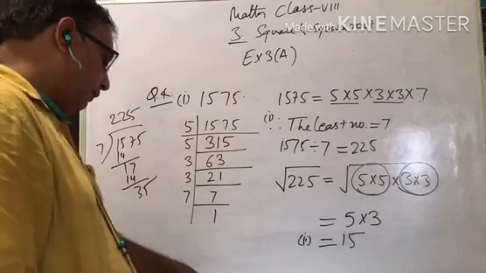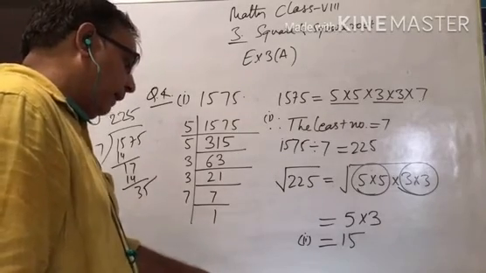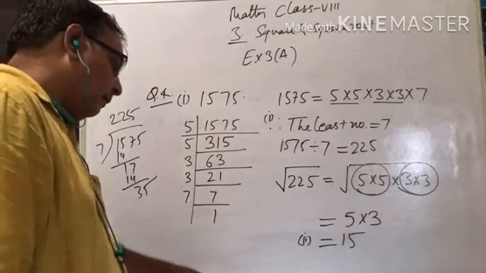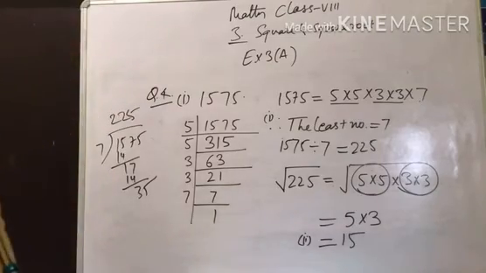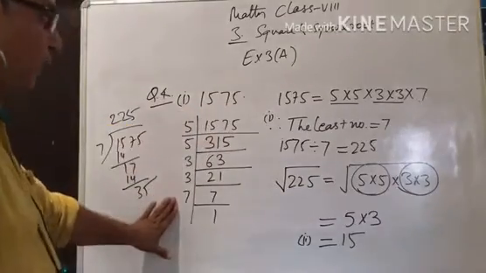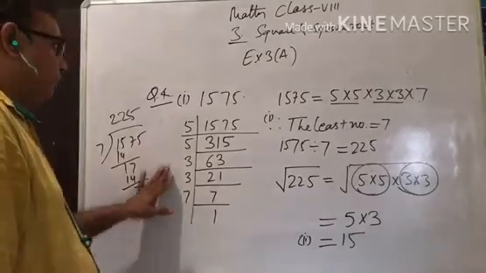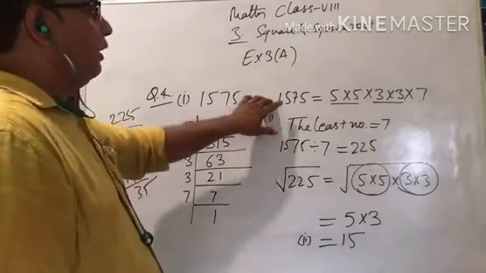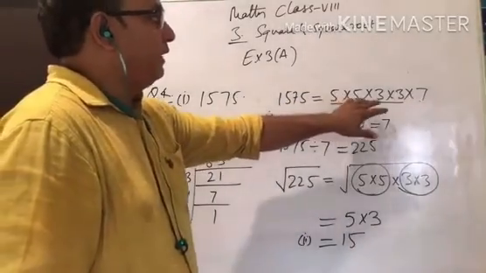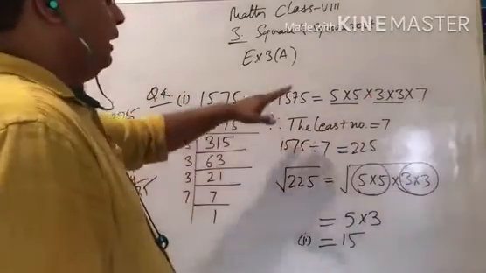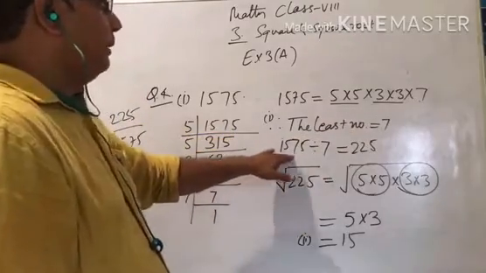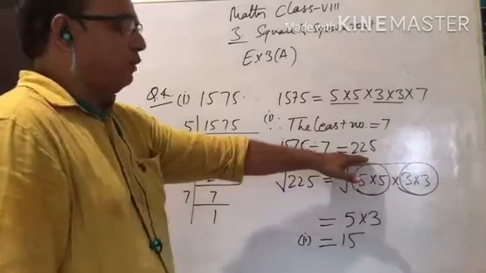Now I repeat the question. By what least number should the given number be divided to get a perfect square number? In each case, find the number whose square is the new number. So the number is 1575. You can find the prime factors through the prime factorization method. Then you write the factors, like 1575 is equal to 5 times 5 times 3 times 3 times 7. Now 7 is not in a pair, so the least number is 7, and your given number must be divided by 7 to become a perfect square number.